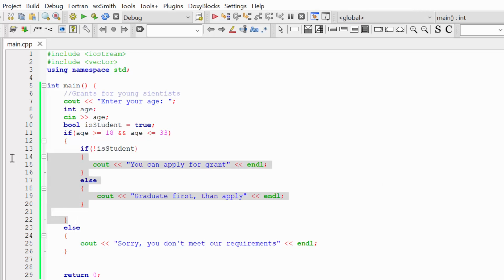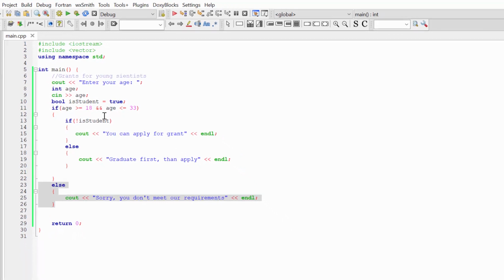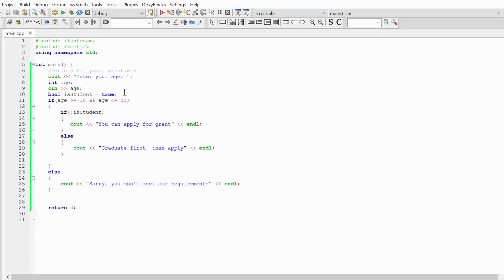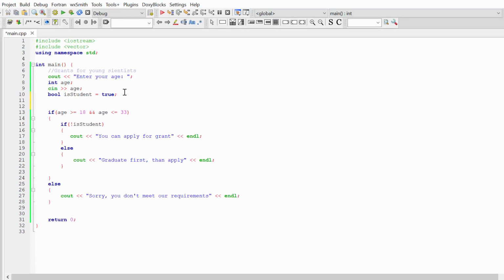You can see that the nested part we have in the first statement, but our second part is actually not nested. So maybe it's a good idea to rewrite our code a little bit and actually start with checking if our user is too young or too old for our grant. So instead of this code, I'm going to rewrite my condition.